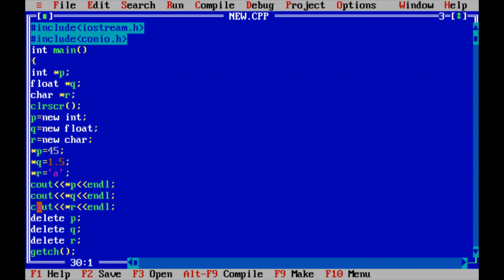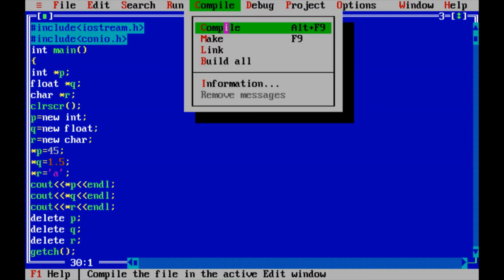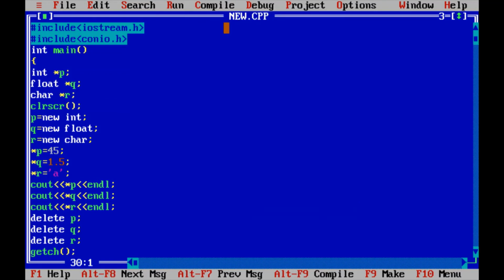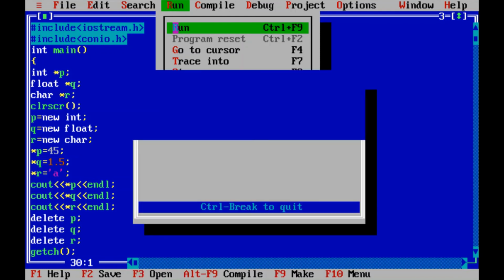After printing, I am deallocating the memory, that means releasing it. To release the memory we use the keyword delete, so I have written delete p, delete q and delete r. Now let me compile this code. See here, no errors. Let me run the code.